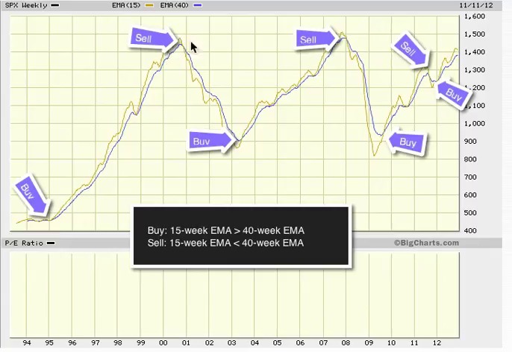And you can see that's not bad at all. Once again, a tremendous decline from about this area, we'll say 1,400. And of course, we got a buy signal in here right about the middle of 2003. And sure enough, 15 went above the 40 all the way up until, of course, our so-called subprime debacle in the mortgage area